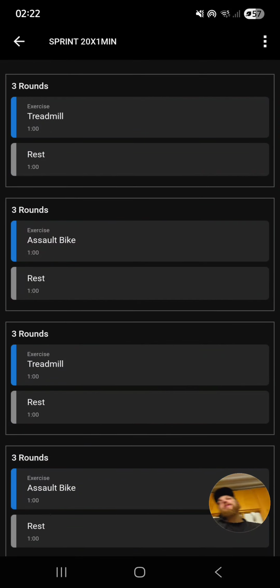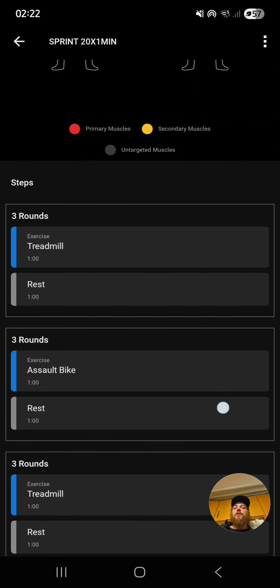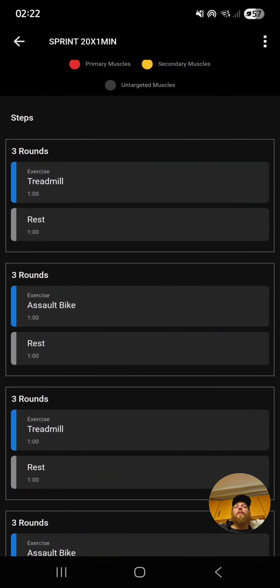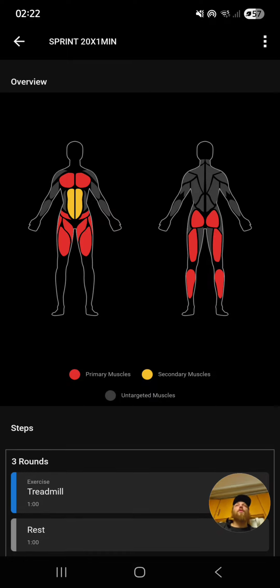So basically I usually use the maximum incline, and then I start with the highest speed I can handle, and then I go down as my power goes out. This is the workout I'm doing now, because my gym currently only has a treadmill and an assault bike, and a couple of other things like a bike, but the assault bike is a full body workout, the treadmill is not,